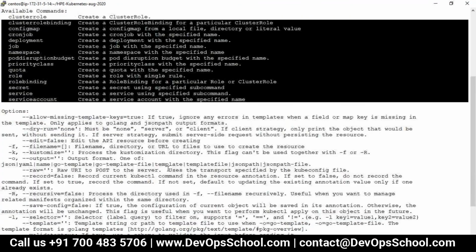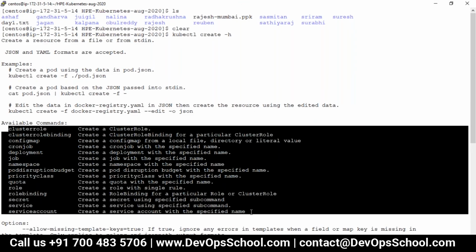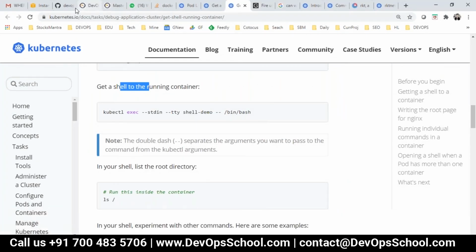Can you please comment? Yeah, maybe through a YAML file. No, right? Through the command line, you cannot create an RC because I don't have that option in my help. So what do we do in this case?